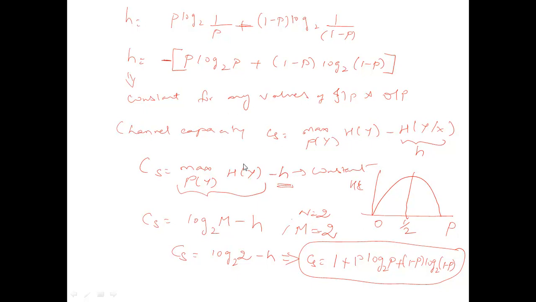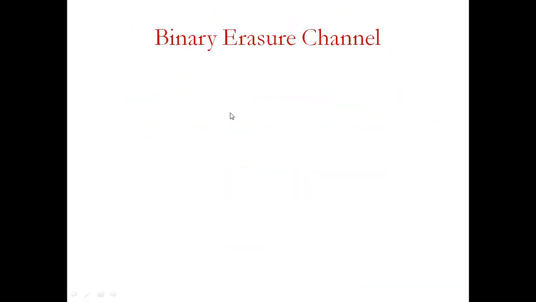So you know now how to find the channel capacity for the binary symmetric channel. Next is the binary erasure channel. In this erasure channel also, as I told you, binary, we are having only 2 possible inputs. Either it may be 0 or it may be 1. So 0, let us write 0 as x1, is transmitted as y1 with the probability p, or else it will get erased with the probability 1 minus p. This we call y2.